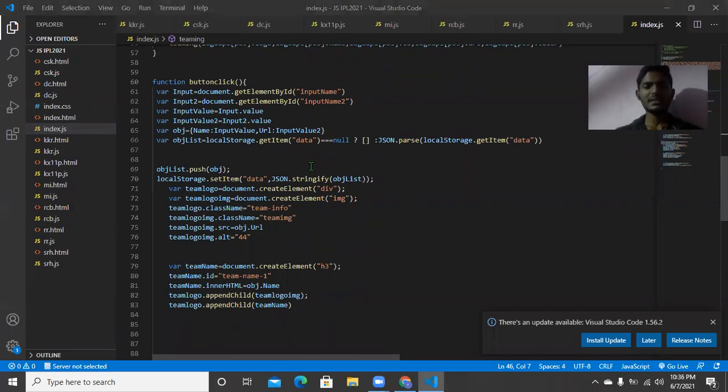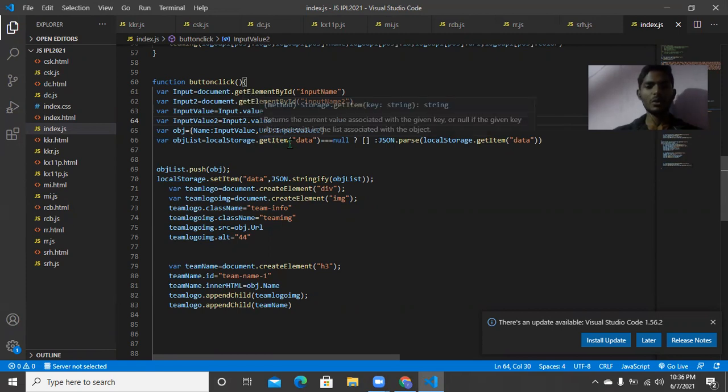This function is the creation of your own card. Input that value; this value is the name of the card. Input the second value; this value is the URL of this card. By the use of this function, we can create your own card. By this function, you can store your URL and input value in local storage.